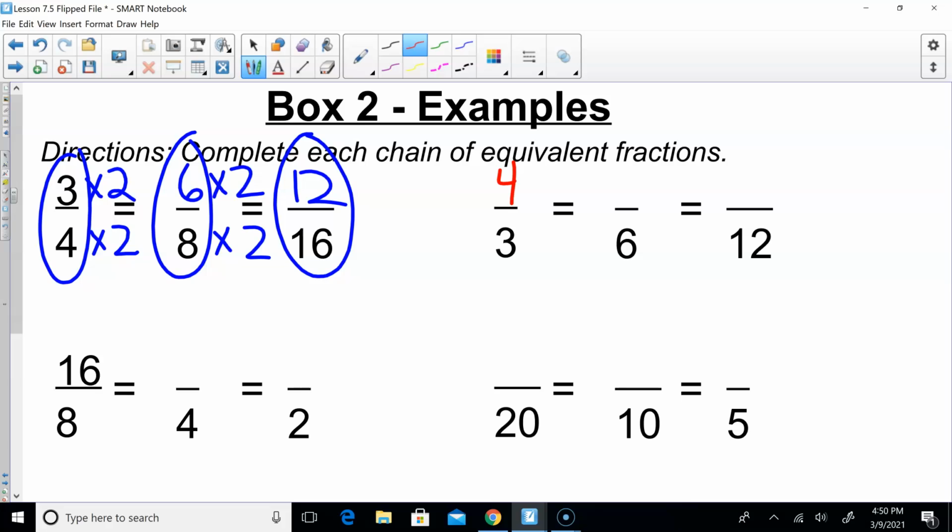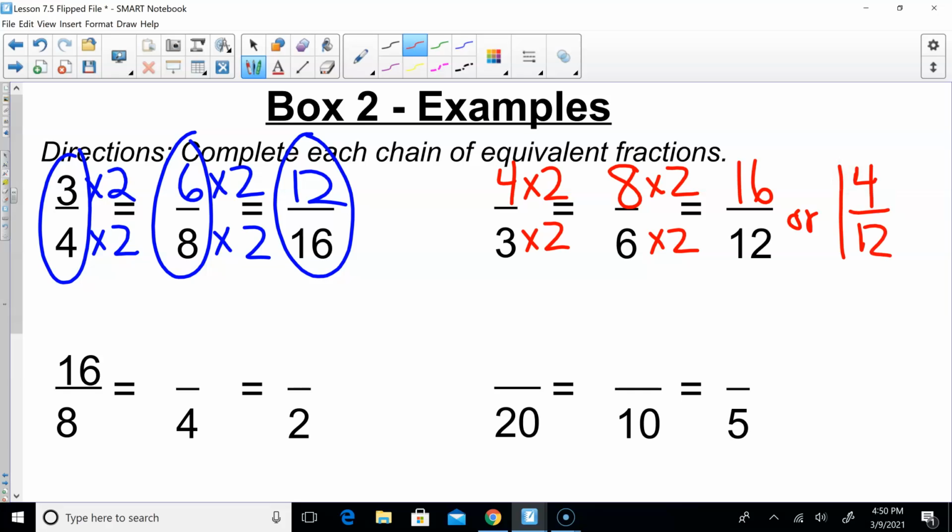In order to get, now I have 3 parts, I need to get the 4th part. How do I get from 3 to 6? I times it by 2, which means I take my 4 times 2 to get 8. And to get from 6 to 12, I have to times it by 2, which means I take my 8 times 2 and get 16/12, or just for good sake,